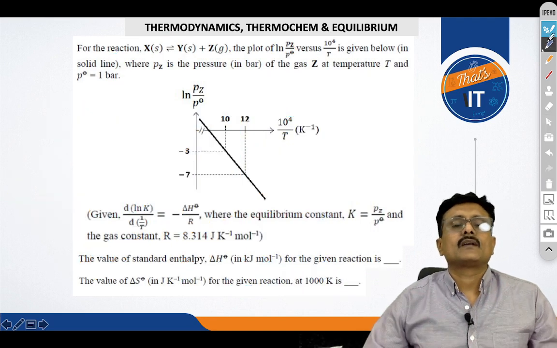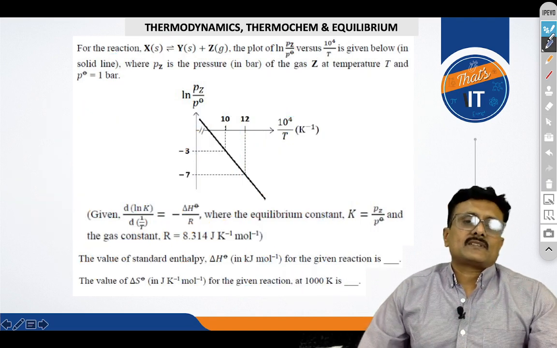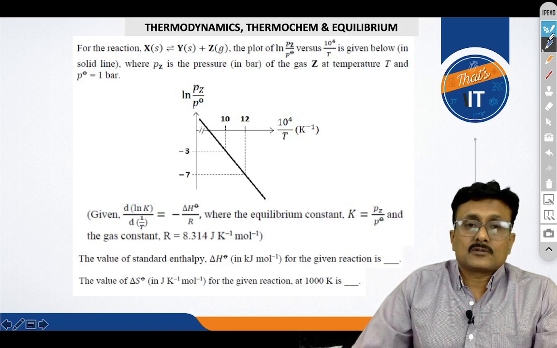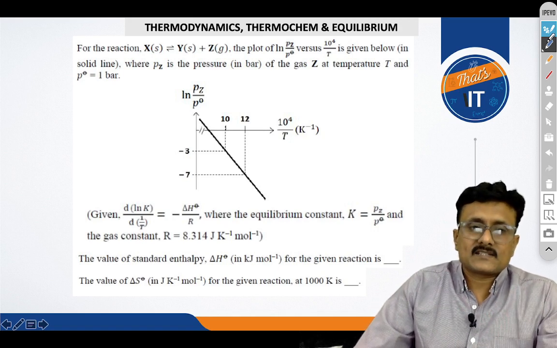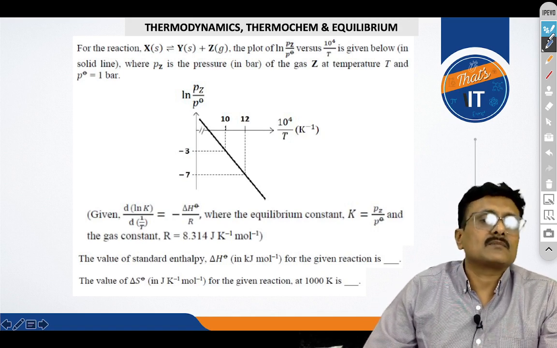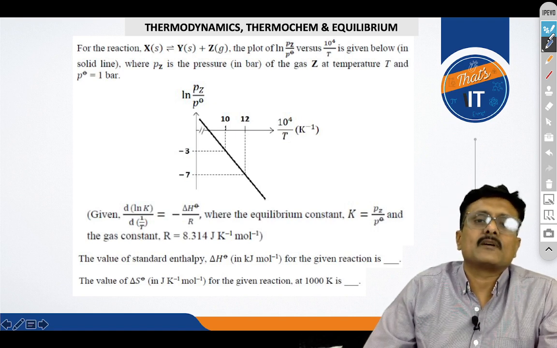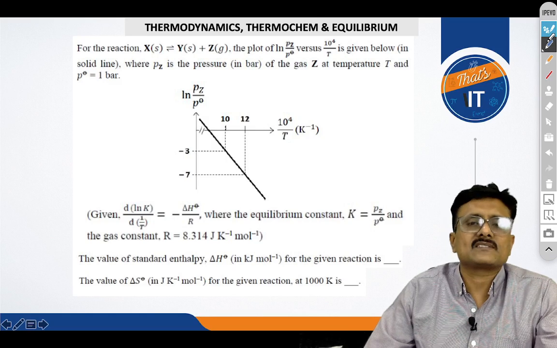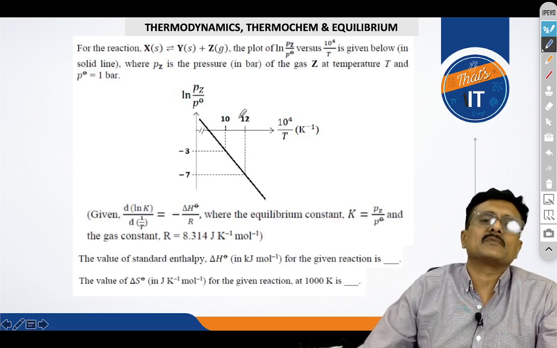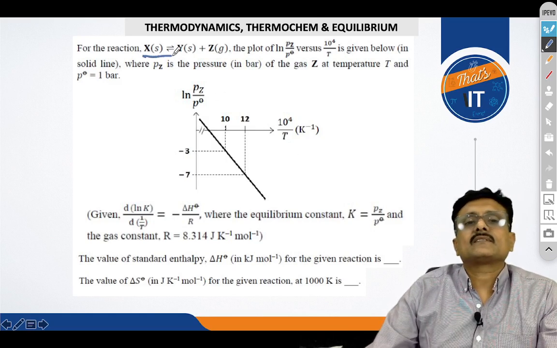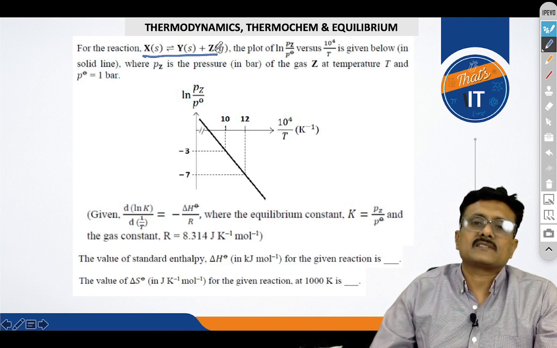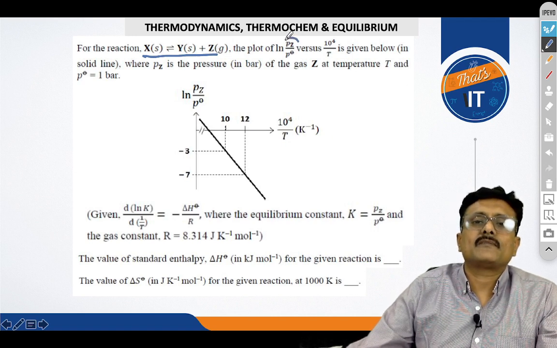Alright. So let's see, the equation looks to be mathematical, looks to be sound, looks to be a connection between the equilibrium as well as the thermodynamics, but not complicated as well, right? You know, the question looks to be complicated, but when you understand, I'm telling you repeatedly, it's going to be very easy. You can see there is a reversible reaction which is taking place, for which the plot of Pz